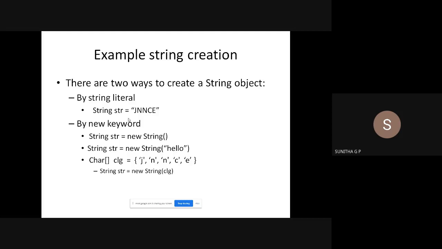Now to create this in the string class, what types of constructors are used? The first we know is a null constructor, whereas the second and third examples take parameters, but the parameters we have seen are different. Here we have seen two types of constructors. In total, there are several types of constructors used to create the string, which are part of the string class. That we will see.